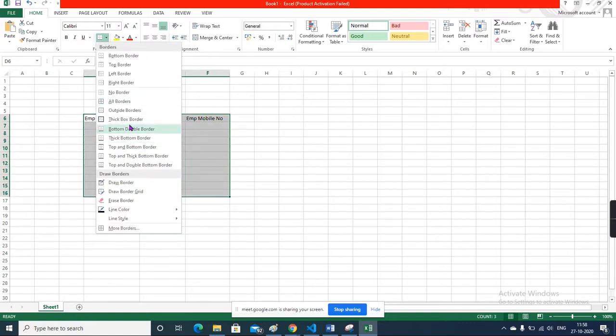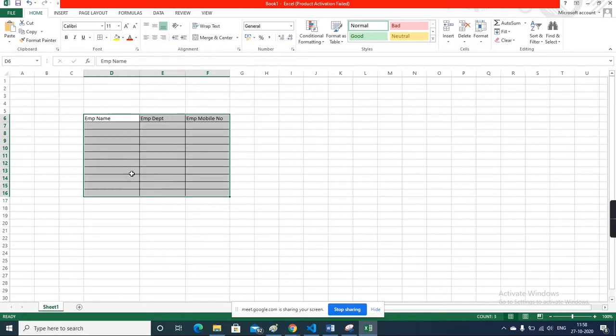Just do the bordering. Okay, in that you need to merge. Consider Rahul is the employee, he is from sales department. Sham is the employee, he is from marketing department.